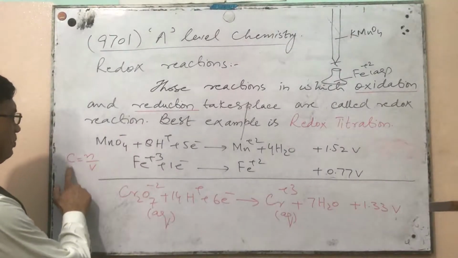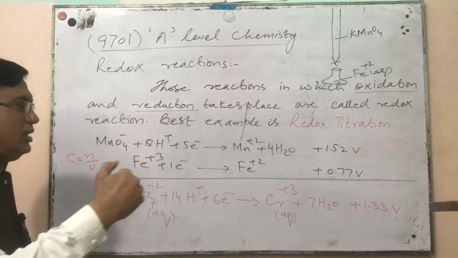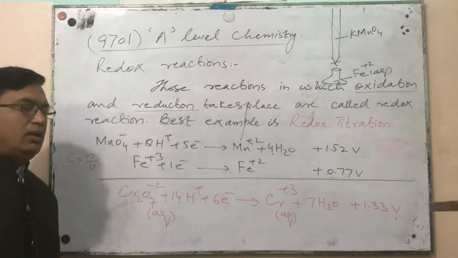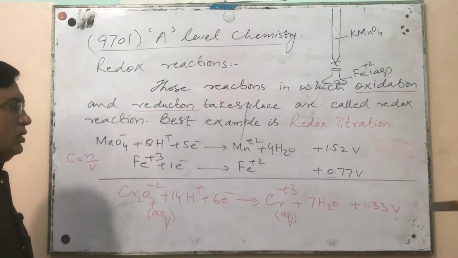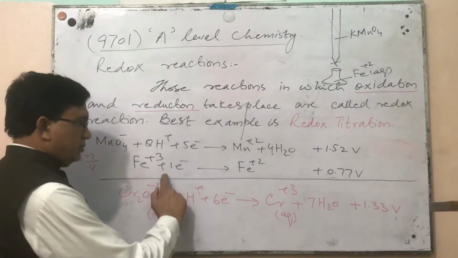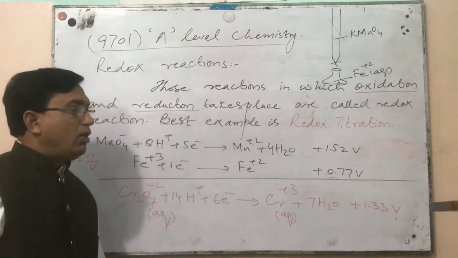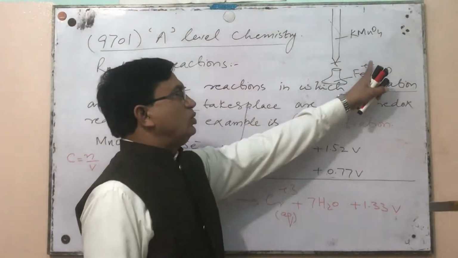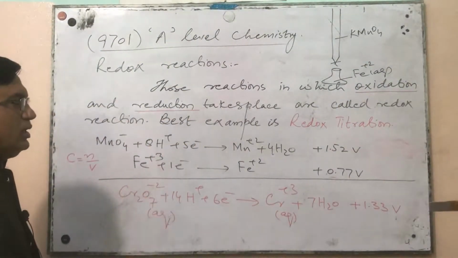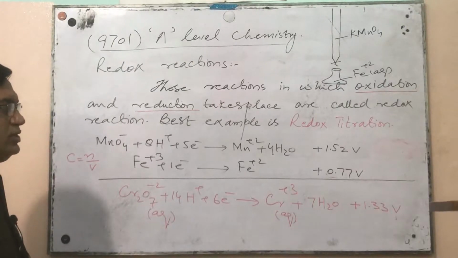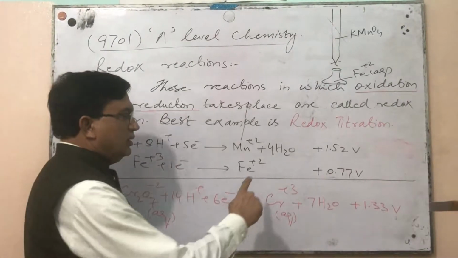By using the formula C = N/V, we can easily calculate the required volume of KMnO4 to oxidize the iron 2 solution completely. Now, if we take the values of electrode potential from the data booklet, we note that